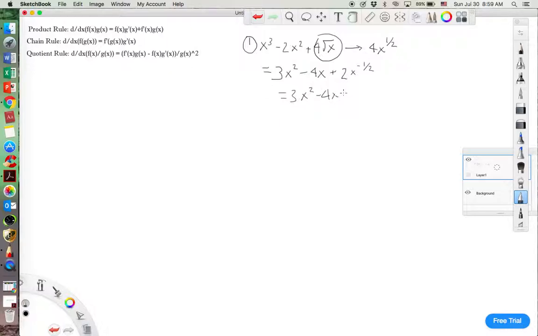Remember from our rules of exponents, if we have a negative exponent, then we can write that as 1 over that exponent. So here we have 2 on top, 2 over root x, or 2 over x to the 1/2. That's the power rule. Let's take a look at